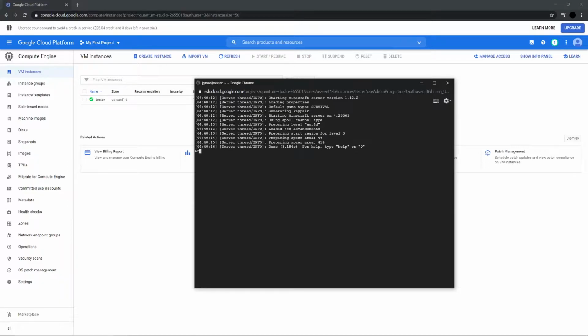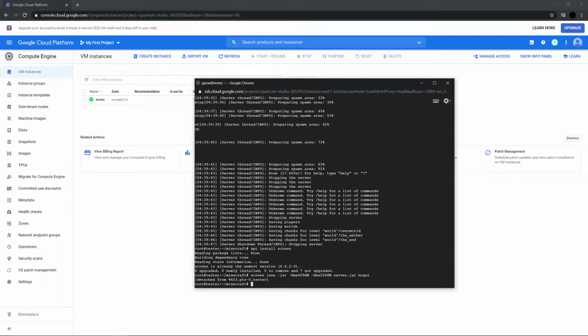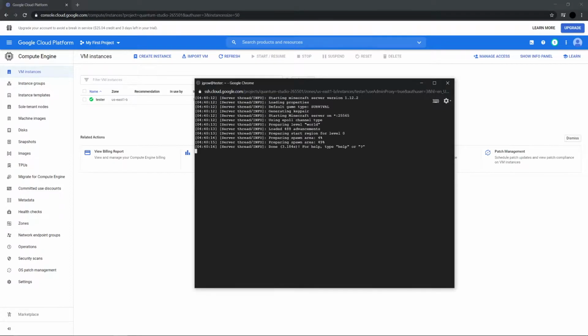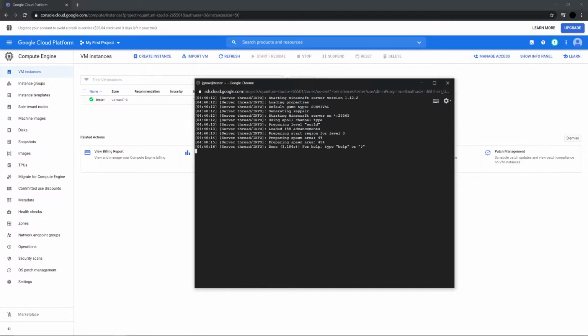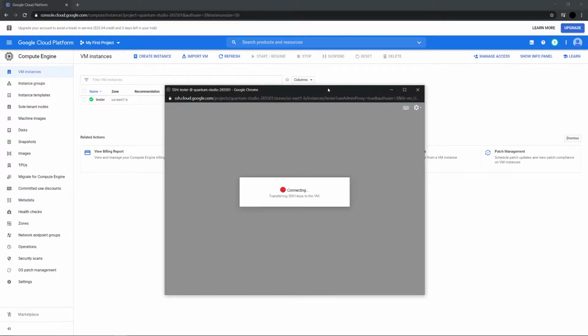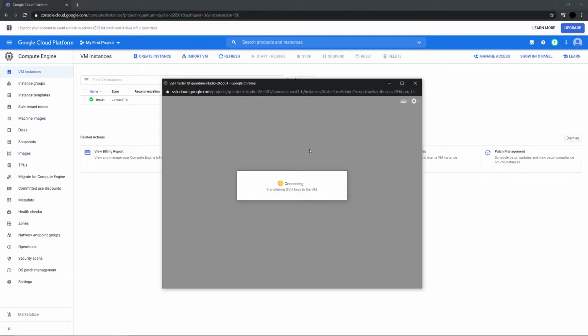Oh, my bad. It's Control AD, not Shift AD. And you can see it detached from the screen. So we can resume this by doing screen -r, and we're back in. So Control AD, and going back in. And what we can do is exit out of this window perfectly fine. And if we close out of it and go back in,